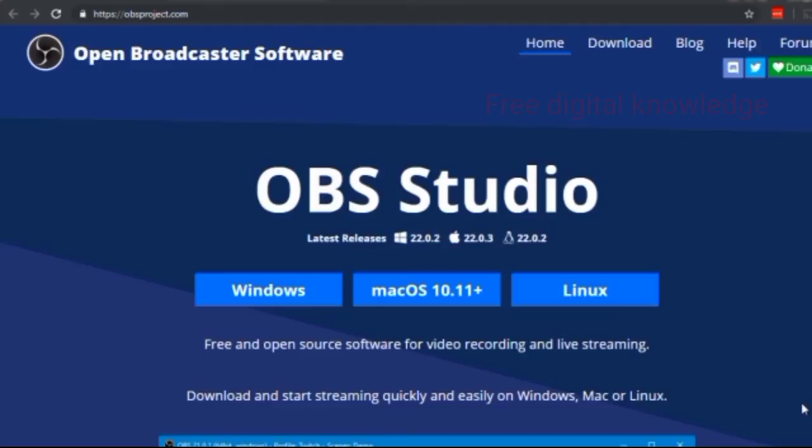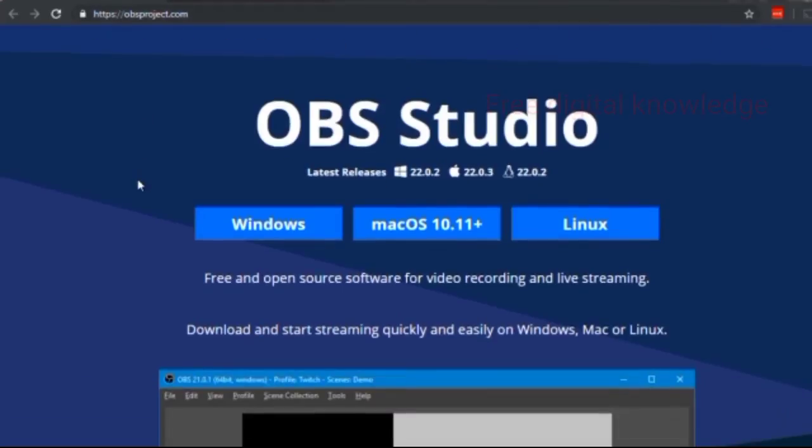In order to create a YouTube live stream, you're going to need broadcasting software. There are many. You can go to YouTube, type in live stream, how to set it up, and there are a lot of videos on that. But this is one particular one that we have used and that has worked really well for us. It's called Open Broadcaster Software, and it's free, best of all. And that is located at